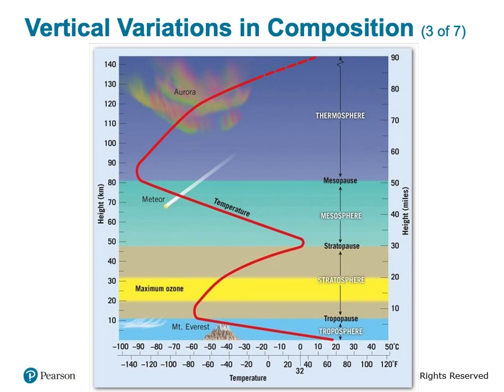Again, here we could see the temperature on the x-axis. Here we're looking at Fahrenheit and Celsius. I'm used to Fahrenheit, so let's look at the Fahrenheit scale. We could see 0 degrees, and then warmer temperatures this way and cooler temperatures this way. And then this is the height, the altitude of our atmosphere, and where we find these